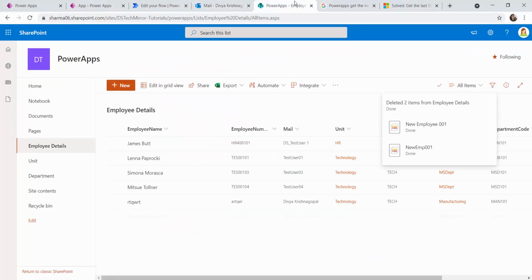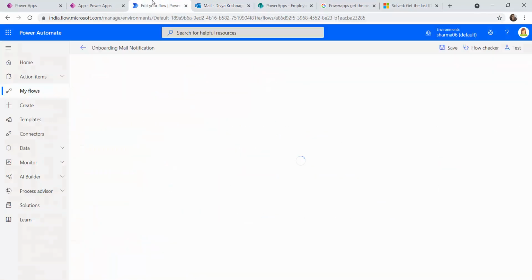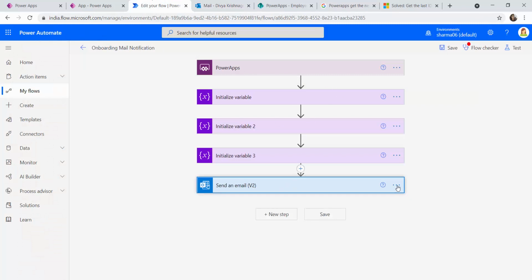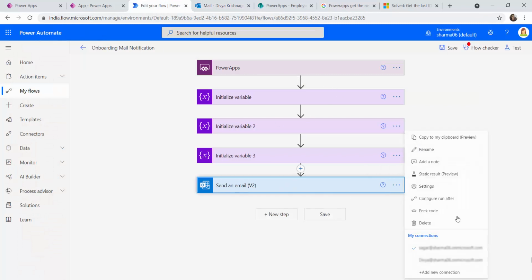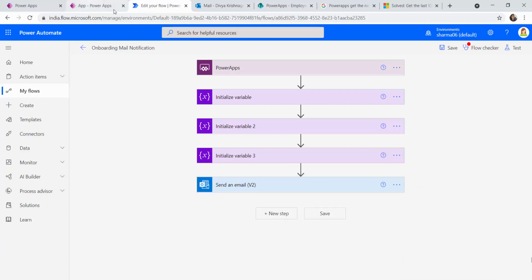Let me go to Power Automate. Here, this particular send email is being executed by this connection. That is why the from account is being copied from the connection with which the send email action is being run.